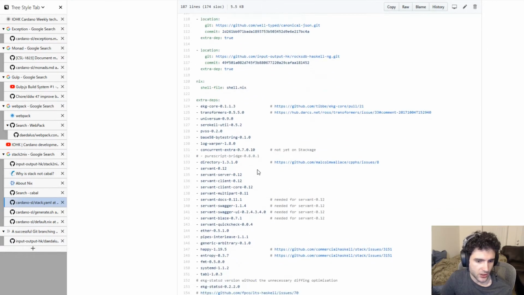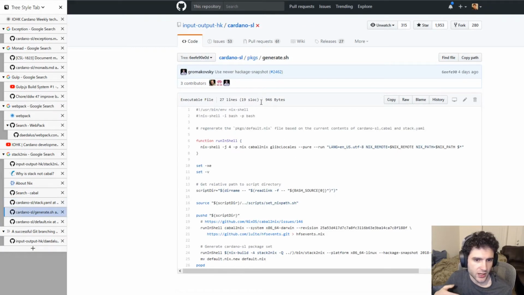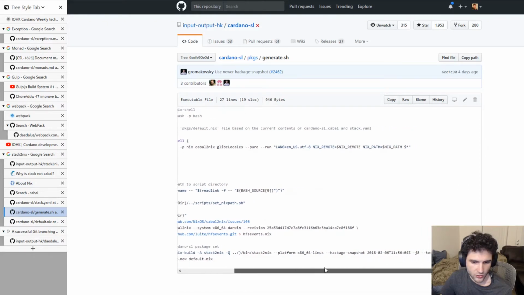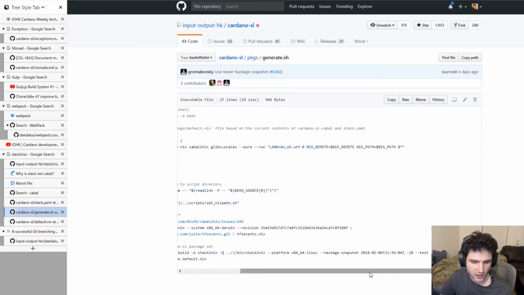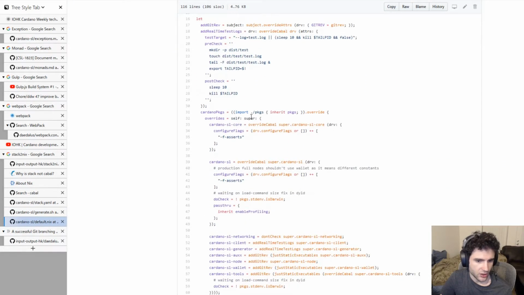So you can read through here to see how they set their dependencies. They've also got a generate script inside this packages folder, which will run the Stack to Nix tool to generate this default.nix file,